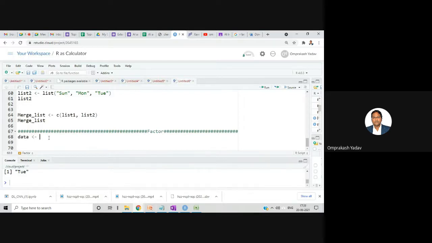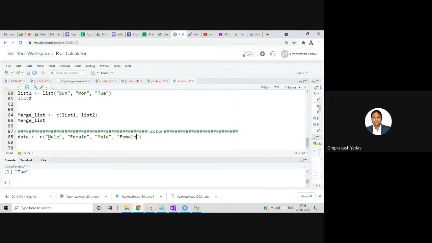With the c function, I'm just saying male, female.